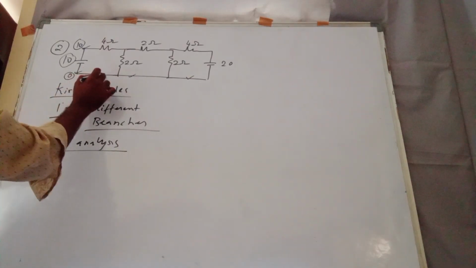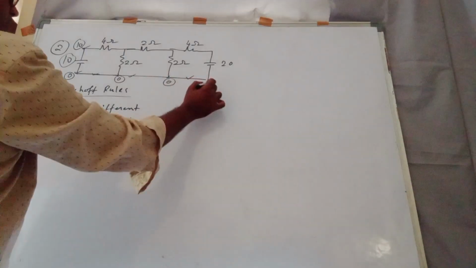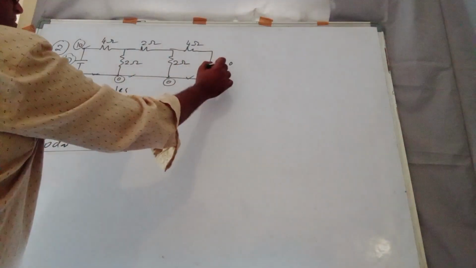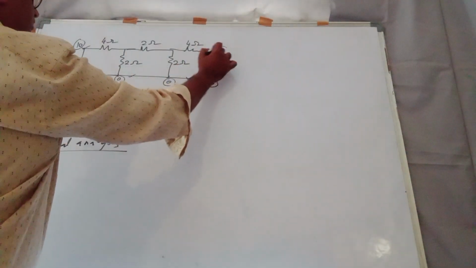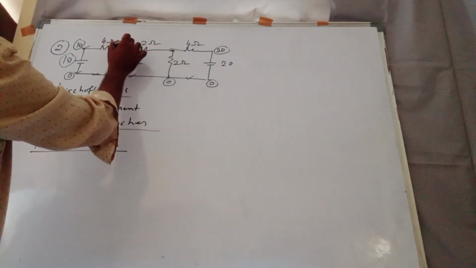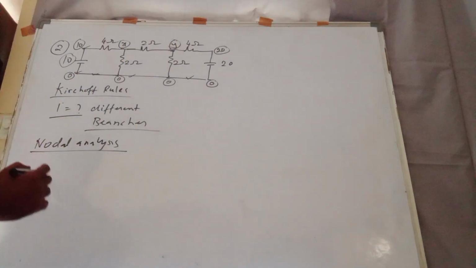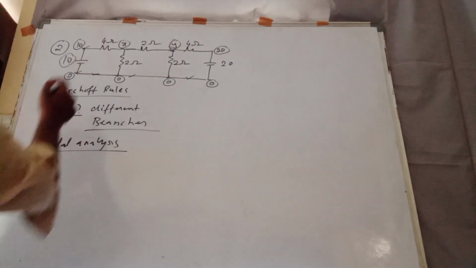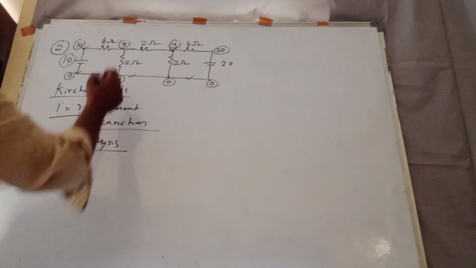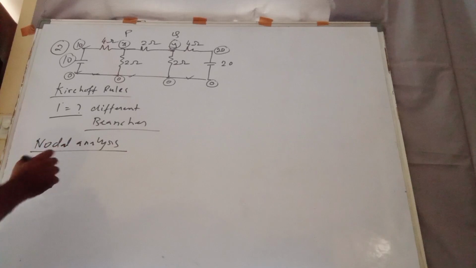So you can see there is no resistor here, so this point potential is also 0, this also 0, and this also 0, and this point will be 20. So we can say that this point and this point are unknowns. I will call these X and Y. We'll try to find these unknown potentials, and once we know them we can find the branch currents. So in this method, this point I will call P and this one Q. So at point P,